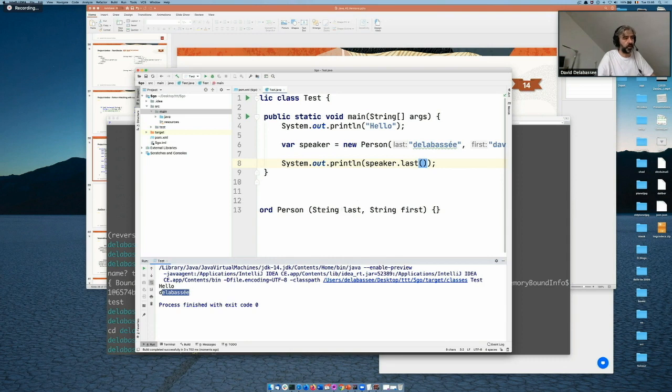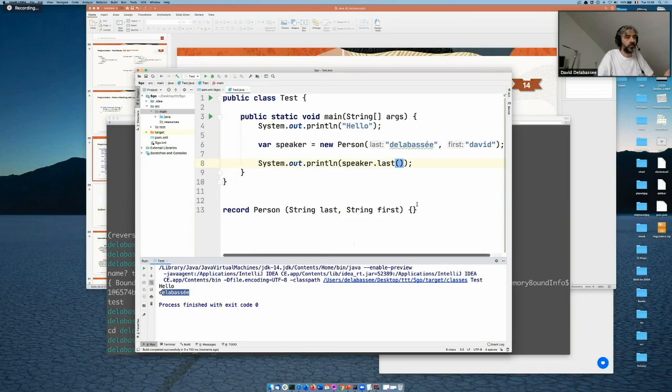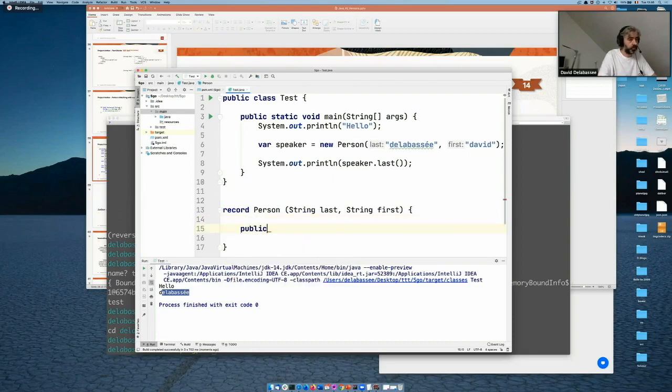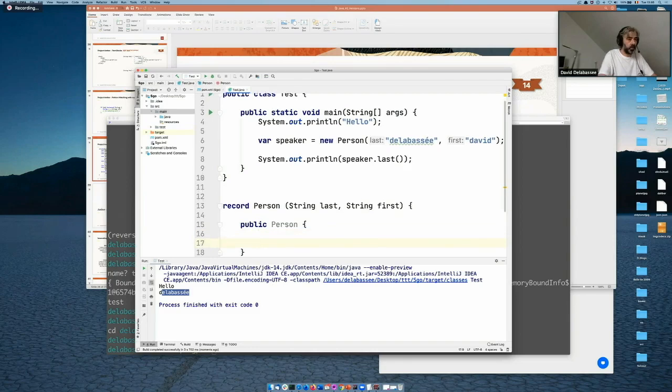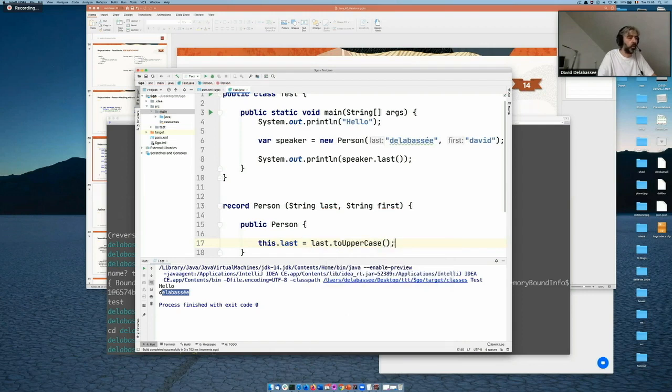So what we can do, if we look at the record itself, obviously this is the default behavior. I haven't specified anything. I can define my own constructor. So person. I can say, for example, that we want to uppercase all the names.